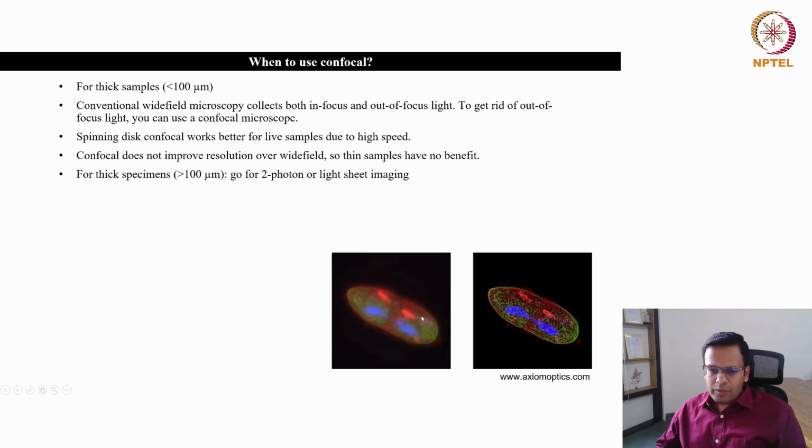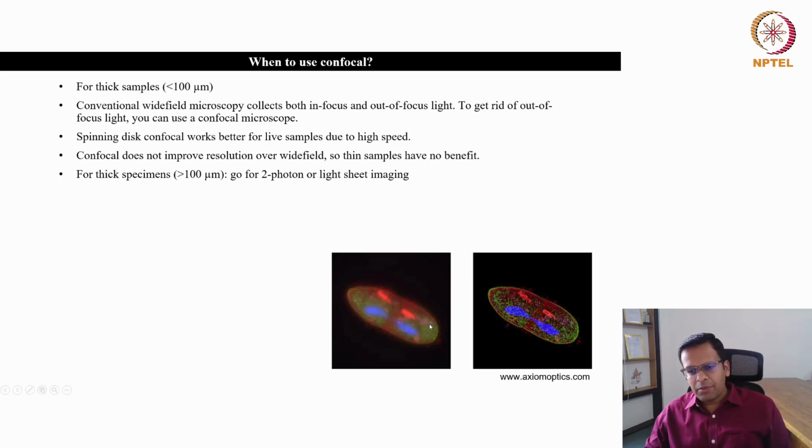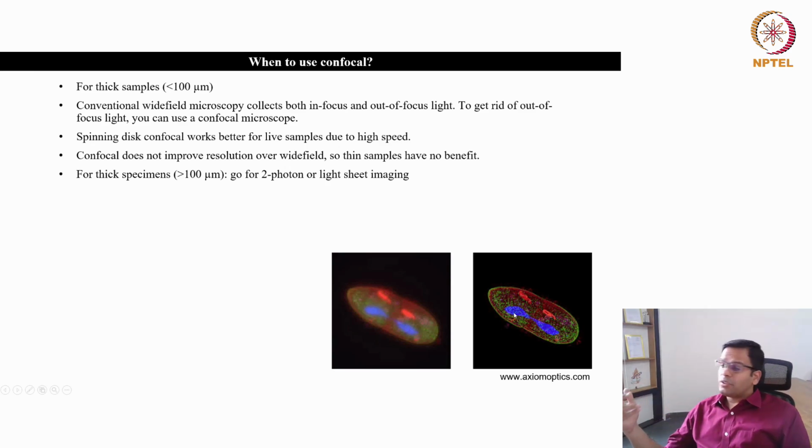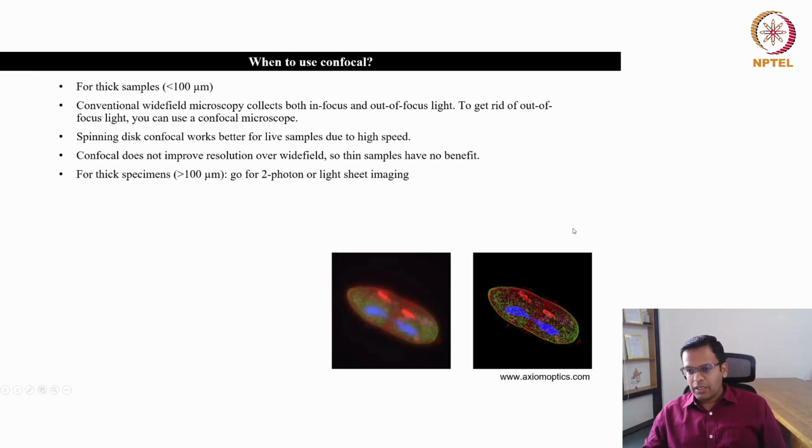So if your objective is just to count the red and blue objects in the cell, then even this image is enough. You can count the structures from this kind of image also. But if you want some more quantitative information, or maybe you just want one good image for representation purposes, the way it is shown here. Let's say if I have to put one representative image in a paper, in a publication, or in any presentation or report, I may just generate one good image using the confocal to show this kind of thing, a better image. But for my regular counting, this image is good enough.